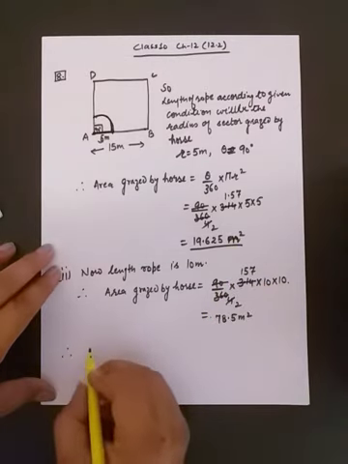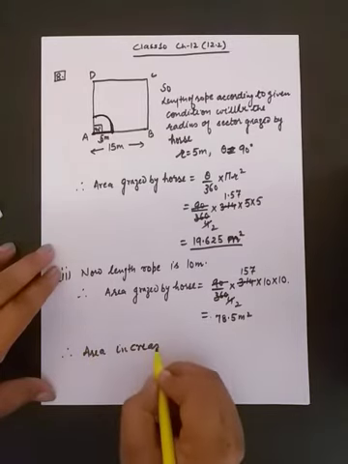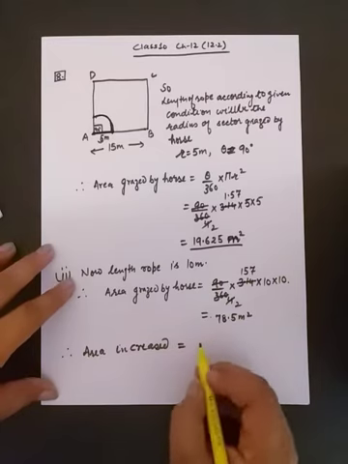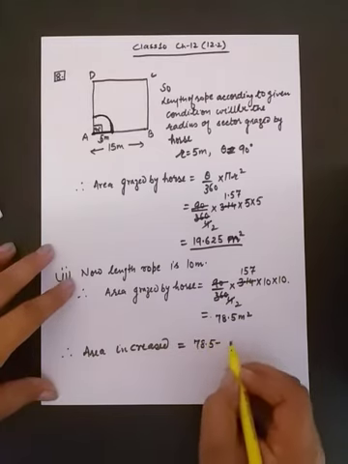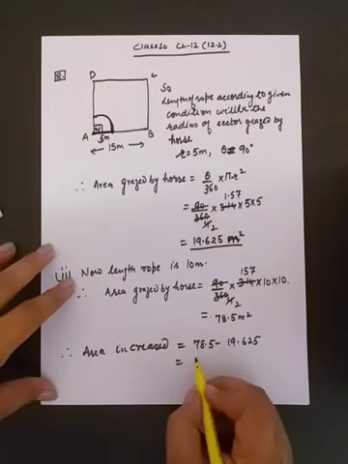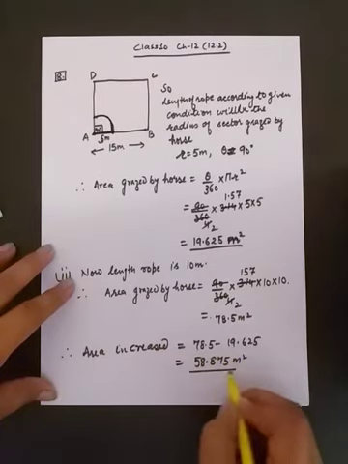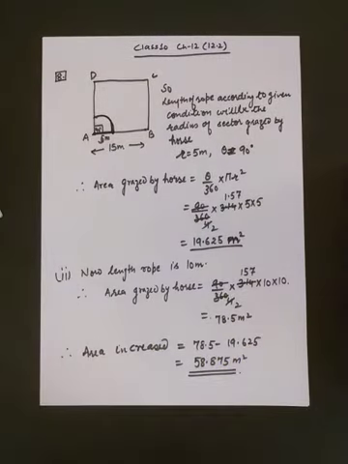And now you are asked how much more area the horse can graze in the second case. So it means we have to find the difference of both of the areas. And it will be 58.875 meter square when we subtract the area in part 2 and in part 1. This is an important question, students. You have to do it very carefully. Also practice similar questions of this type.